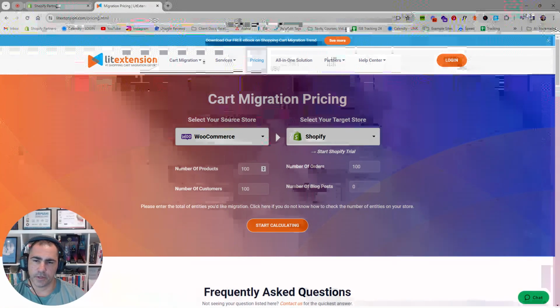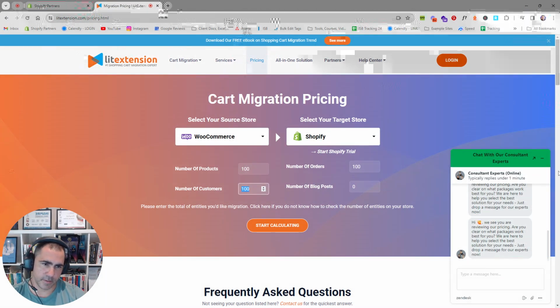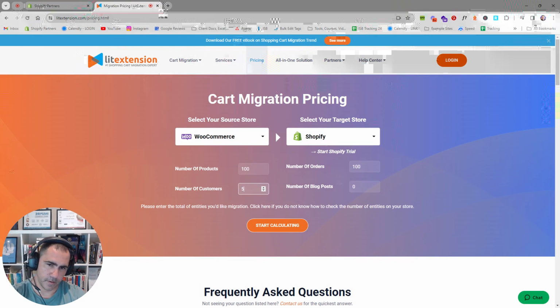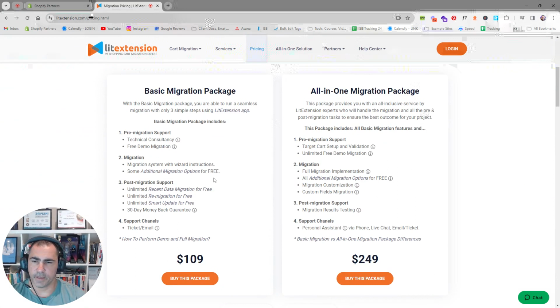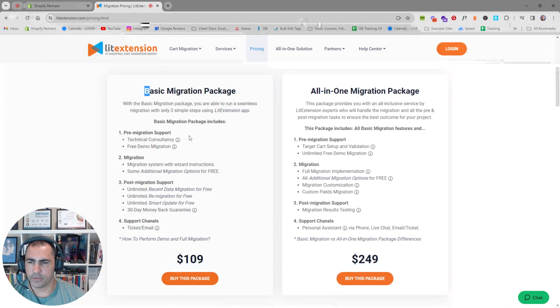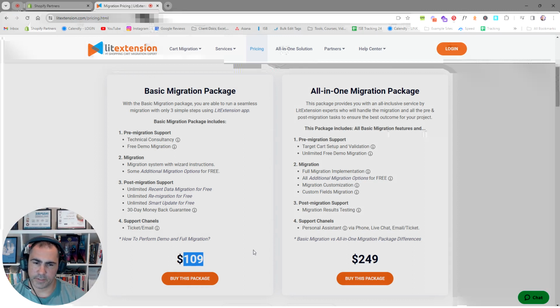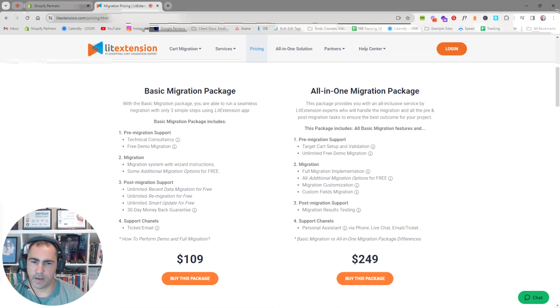So let's just say you have 100 products, number of customers, let's say 500, number of orders, let's say 600, and then let's just say no blog posts. Start calculating. It's actually going to give you a figure of exactly how much it's going to cost and everything you get included. So in the basic migration package, you might pay $109 USD, and then in the all-in-one package, you'll pay $249. Now, this is going to depend on how many products, orders, stuff like that you have, but